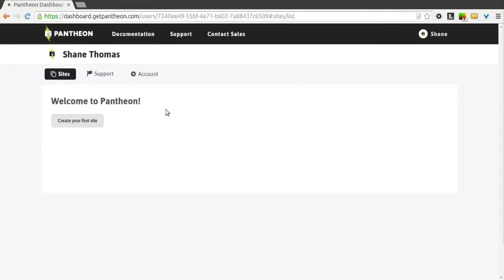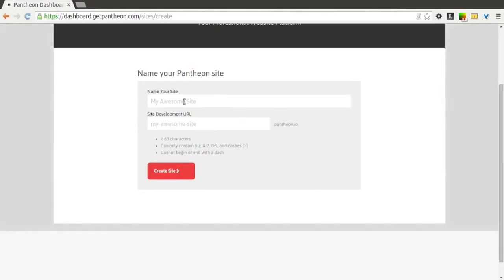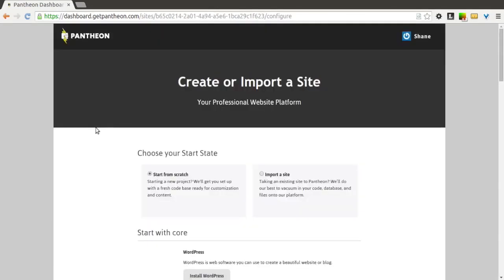So now that we have our Pantheon account ready to go, we're going to click this Create Your First Site button. So we start off by just giving our store a name, which we're going to be calling Kickstart Web Store, and you'll be able to see there's the URL below that. Then click the Create Site button, and this is going to move us along so we can create our new